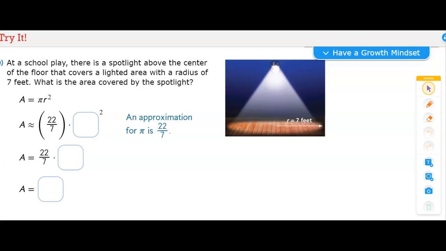Area is equal to pi times the radius squared. So they use a fraction for pi this time. The radius, which they tell us here in the picture, is 7 feet. So we put 7 feet here, and that's squared. 7 squared is 7 times 7, which is 49. And so 22/7 times 49 equals